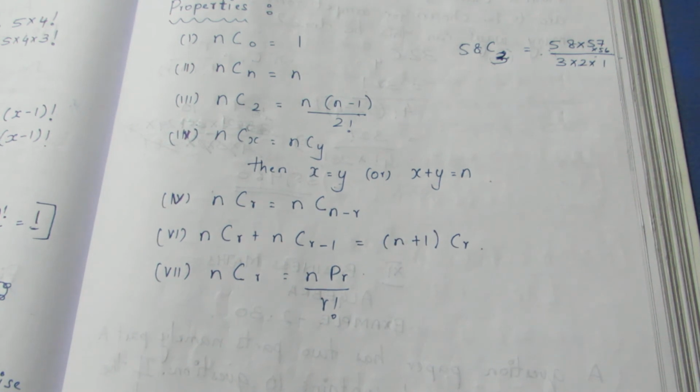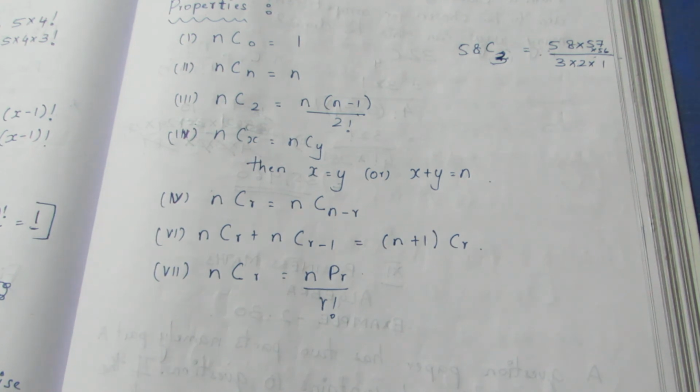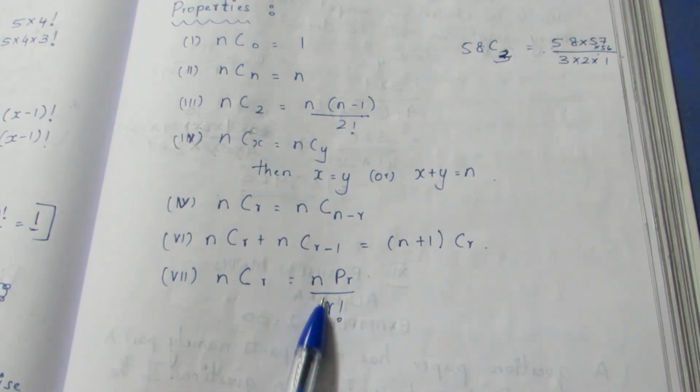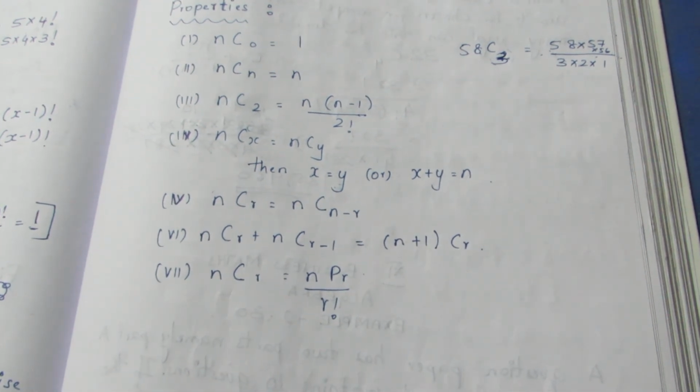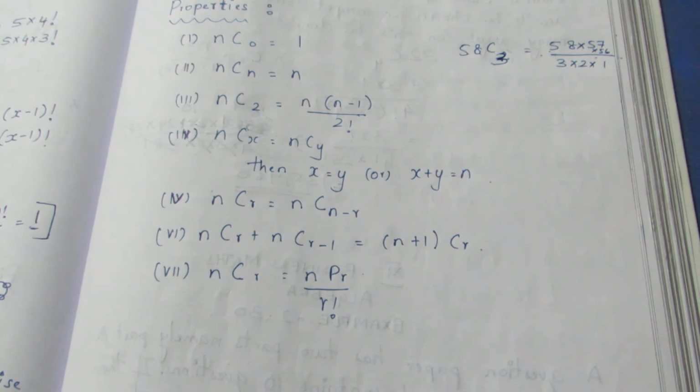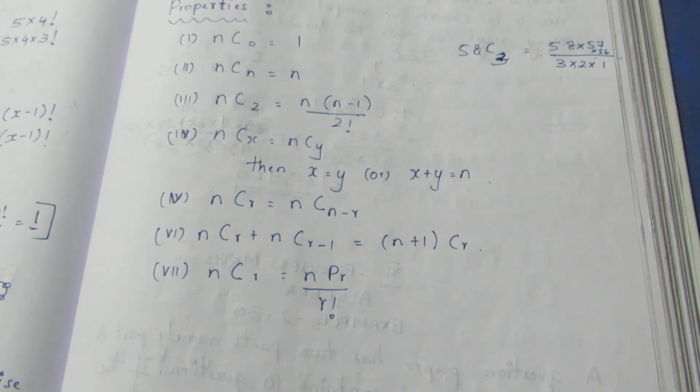Also remember this formula. nCr is equal to nPr by r factorial. This is the relation between the permutation and the combination. If permutation and combination are given, when we are asked to find the value of r, we can use this formula, nCr is equal to nPr by r factorial. This helps you a lot in solving the permutation and combination questions. Remember when we can use the permutation and when we can use the combination. Think and do all the sums. All the best. Thank you.